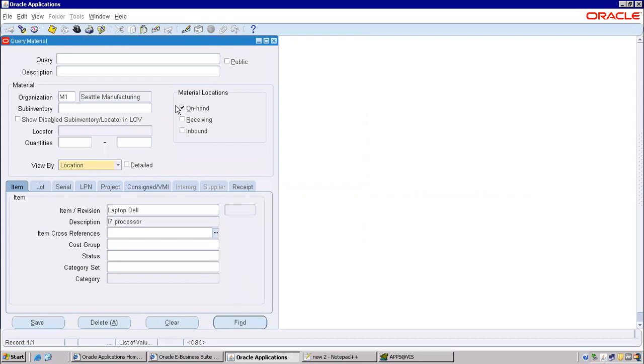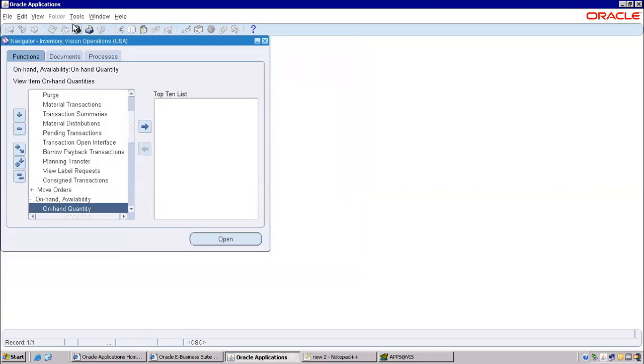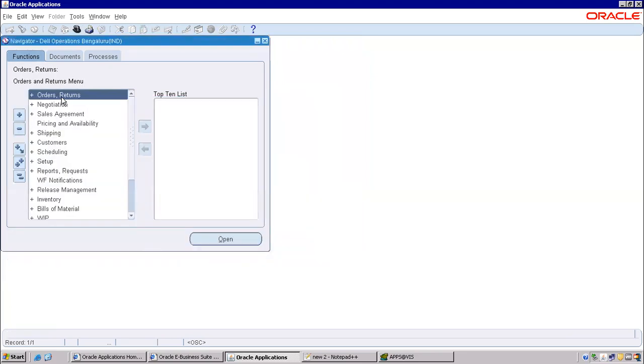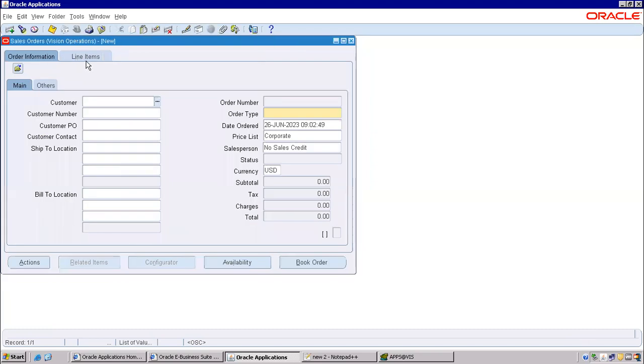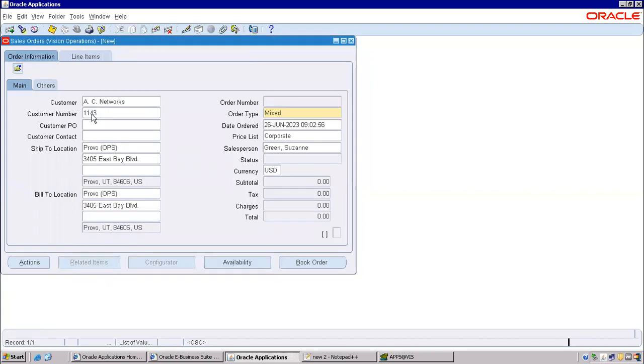And find availability, 500 quantity. Now, if you go to order management, your Dell, Bangalore, order returns, sales orders. Earlier, I had not saved properly. I'm creating again. Okay. So AC networks, line item,